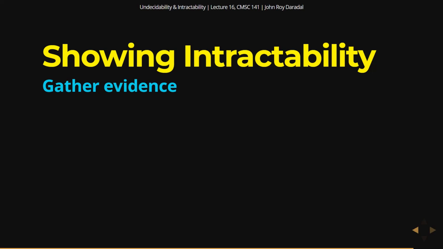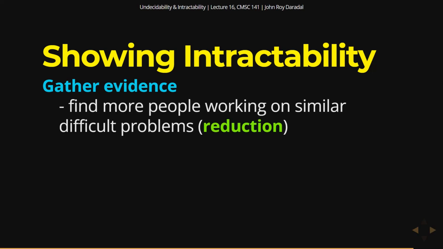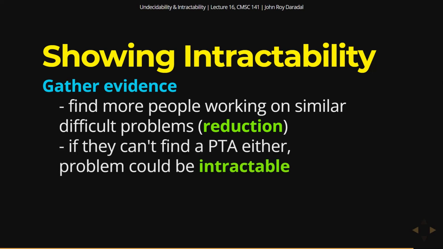First is you can gather evidence. Like you can try to find more people working on similar difficult problems and try to relate your problem via reduction. So you can follow what Alice, Bob, and Carol did, and they found out that their problems were reducible to each other. So you can find people working on similar difficult problems, and if they can't find a polynomial time algorithm either, then the problem could be intractable. But the key here is could be, because